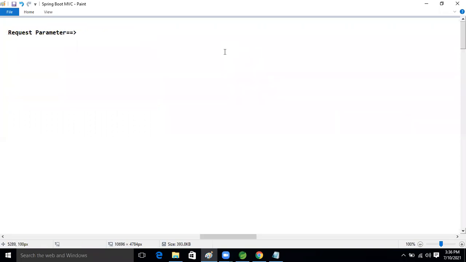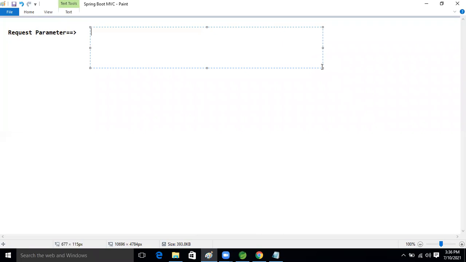How are we sending the data now in the request? Request URL, question mark, after that key equal to value, key equal to value. If another variable is there, how do we divide that variable?